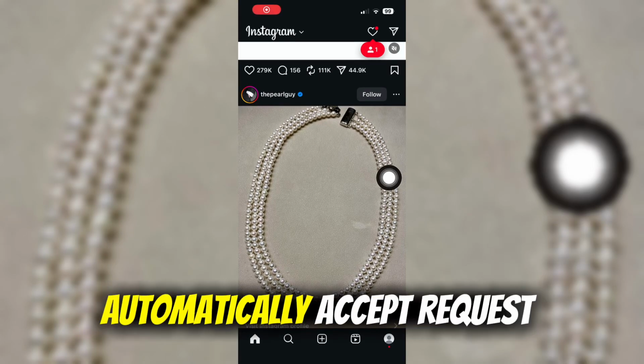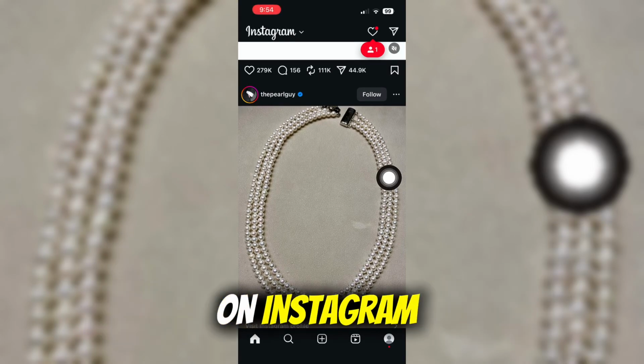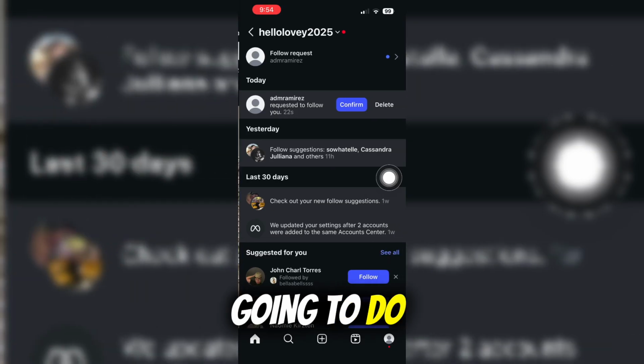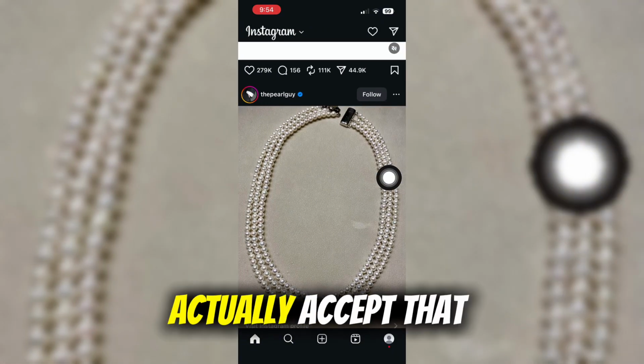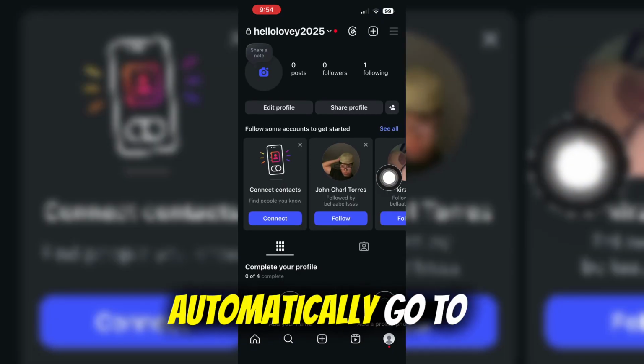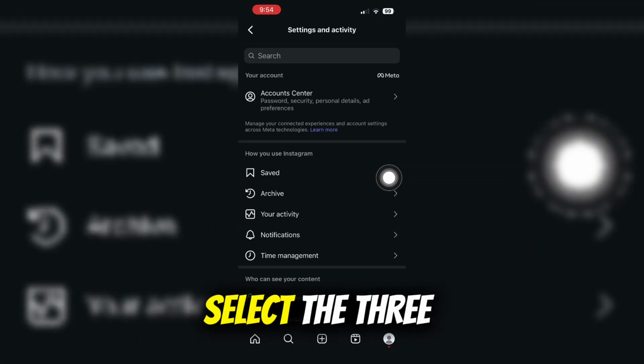Here's how to automatically accept requests on Instagram. So the first thing that you're going to do, as you can see, is that there is still a request to follow on your Instagram account. So for you to be able to actually accept that automatically, go to your profile icon, select the three-line button